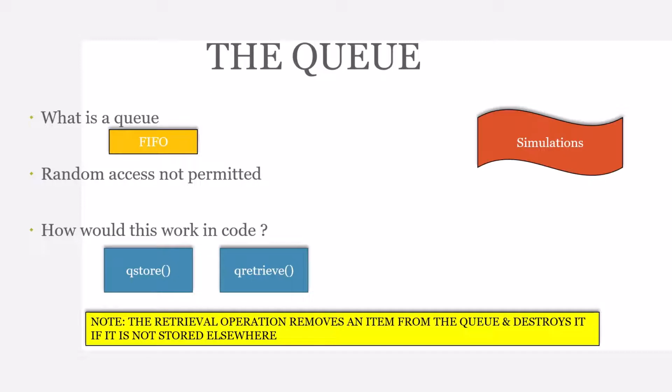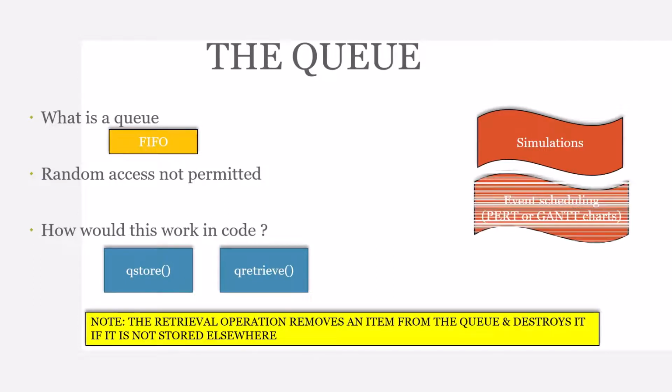Similarly, if you make a call to your bank or to your internet service provider for that matter, you would get a message saying that your call will be attended to by the next available agent. That too is a queue system. It's also used in event scheduling, like PERT and Gantt charts, and you may know that these are what are